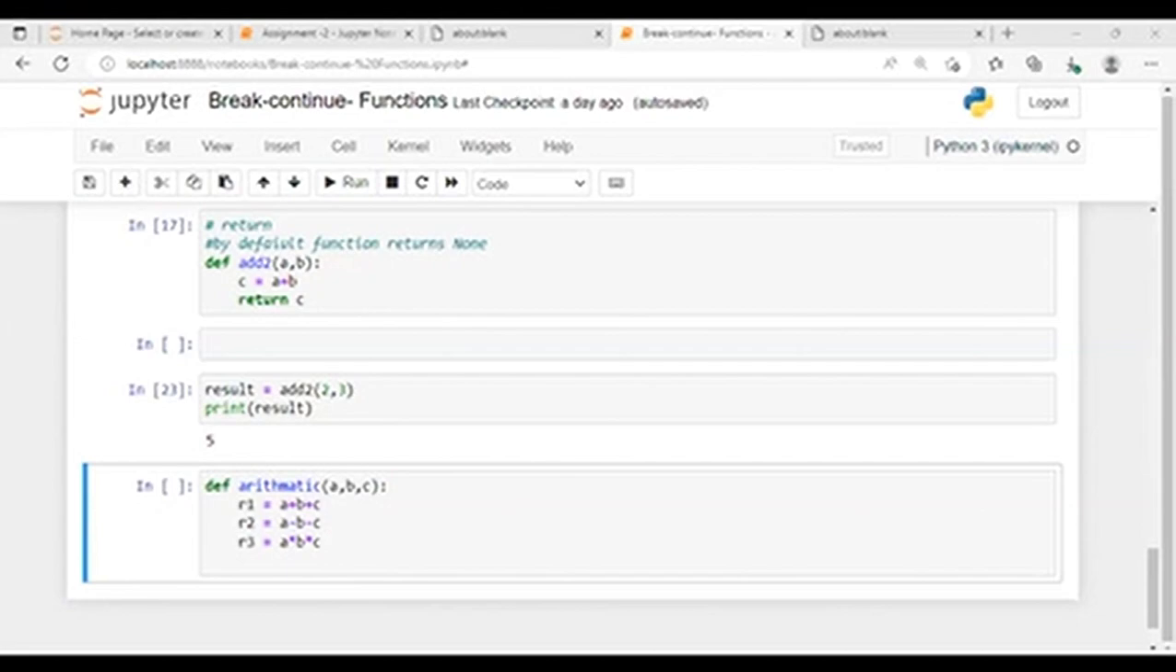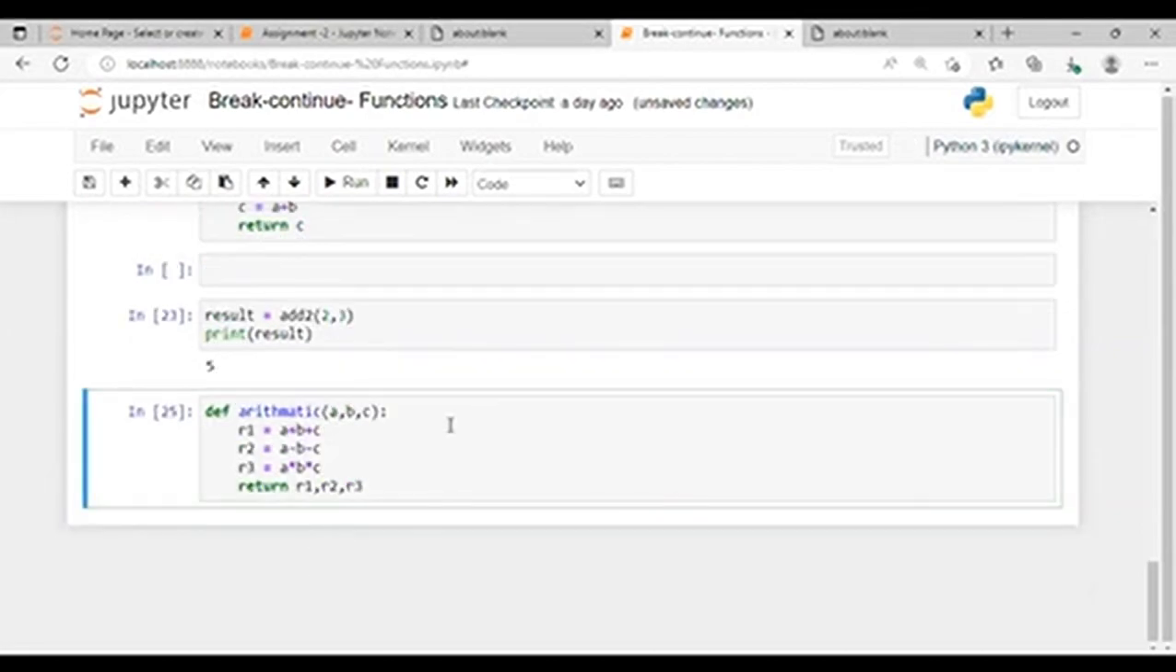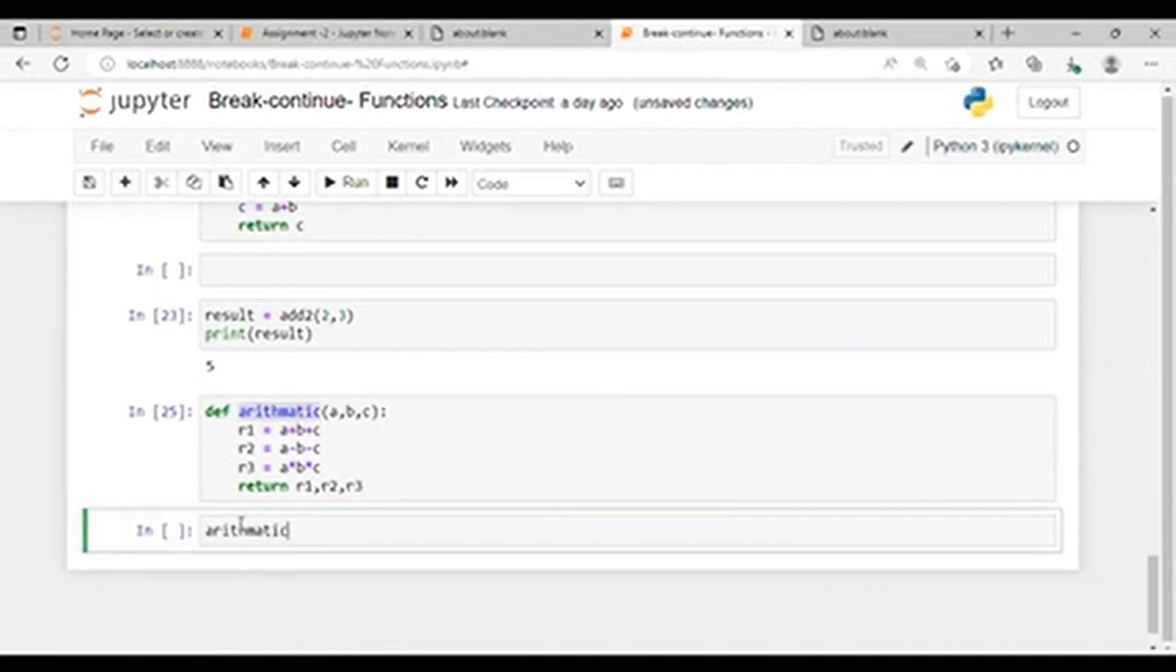Yes, definitely we can return multiple values. All these values will be stored in where, guys? What will be the data type? Tuple. Okay, let's go ahead and do that. So here, return r1, r2, r3. This we can do. Okay, let's call this particular function with 2, 3, 1,